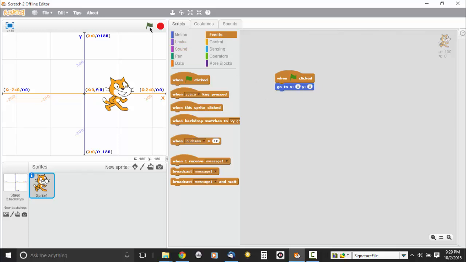The same goes with Y. Y controls us up and down. So if we put a 100 in Y and hit the flag, we will move up. We could get back to 0 by putting a 0 here. So this brings us to exact locations. Minus 100 will bring us towards the bottom of the screen. So if I wanted to write my name with a K,